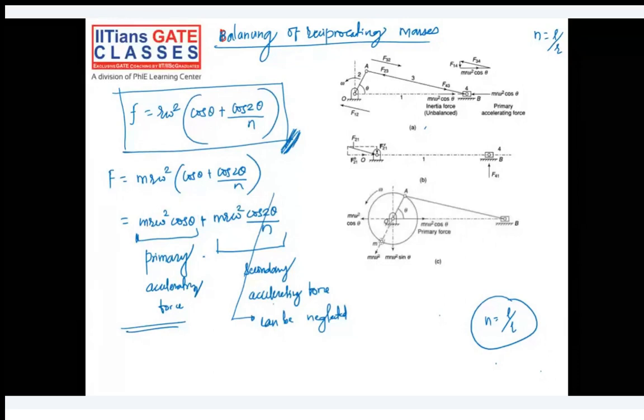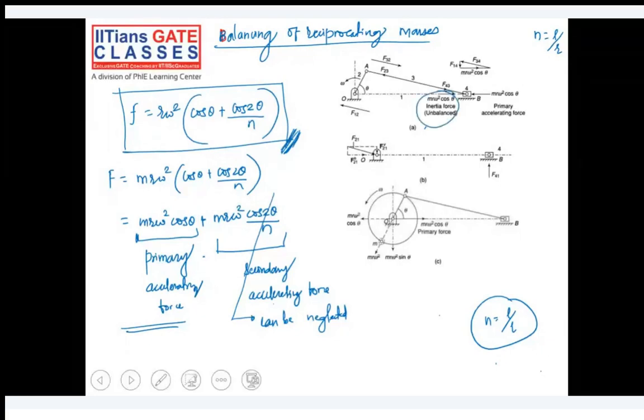So I'll just use this red pen to highlight these things. It's just mass times acceleration only. But the acceleration we split into two parts, and we have taken only the primary part of it, because in the secondary part the value of n is larger than 1, so the secondary part becomes smaller and can be neglected. Okay, now